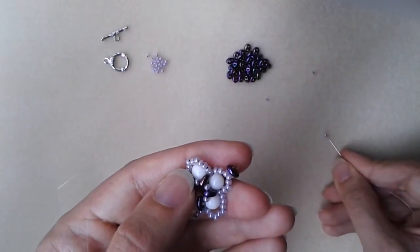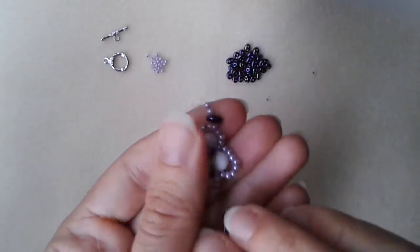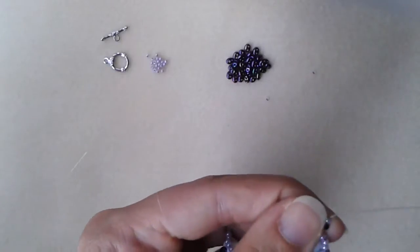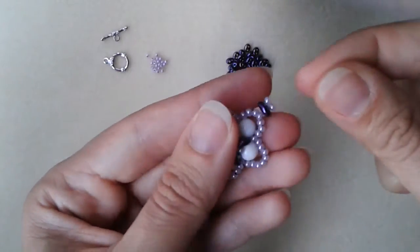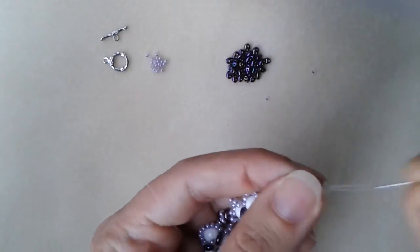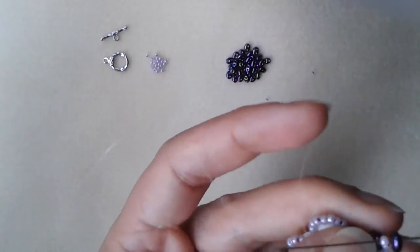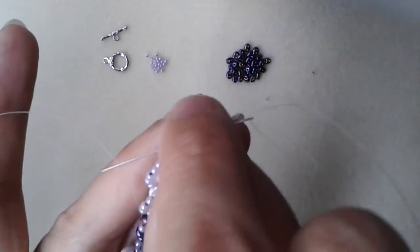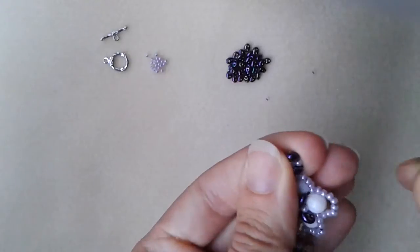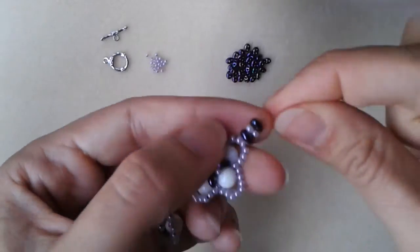So I will take 2 seed beads, and I will go down through this twin bead here, like that, and then I'll go up, and I have this, and now I will take a twin bead again, and then I will go down through the seed bead, and I will pull, then I will go up again, like that,